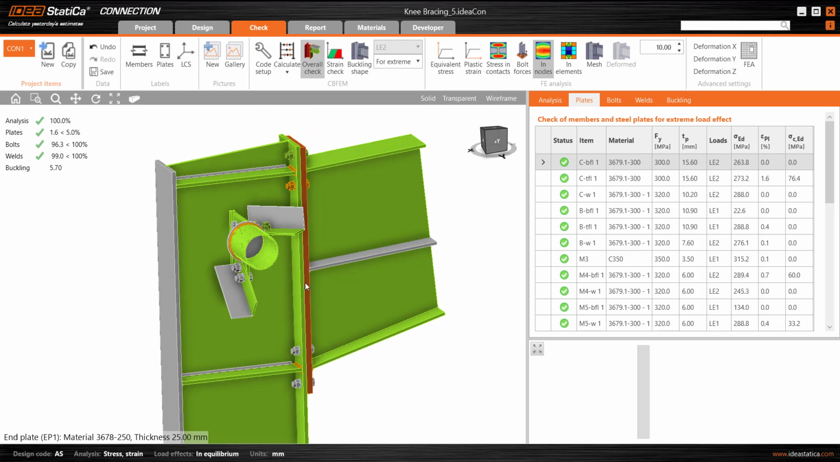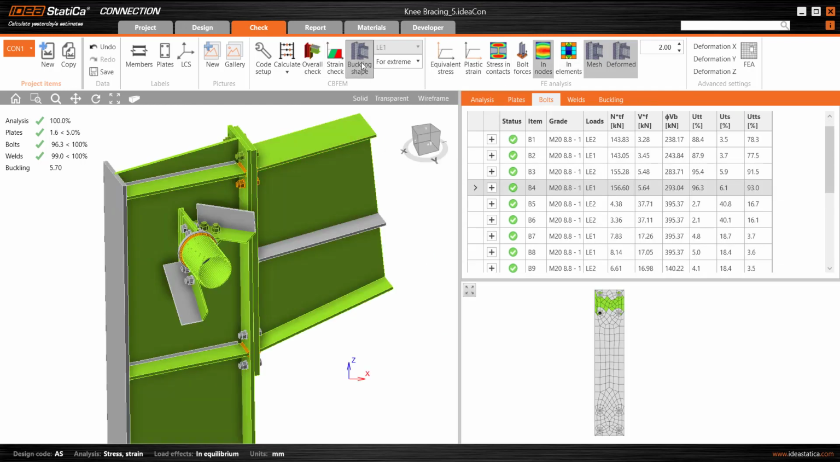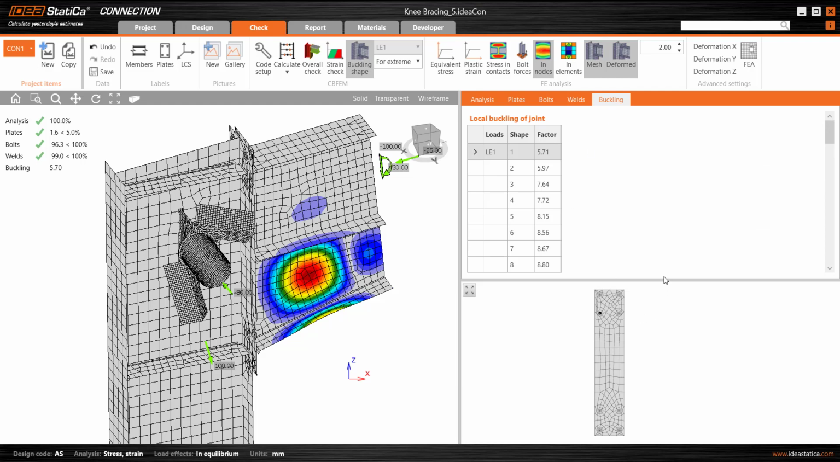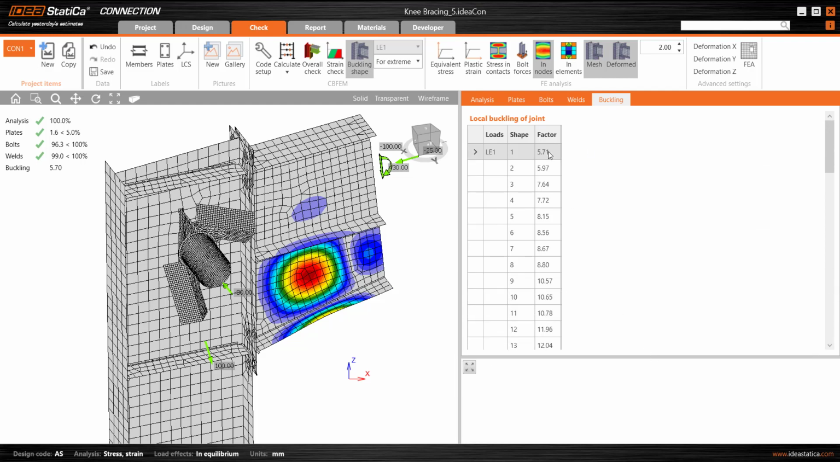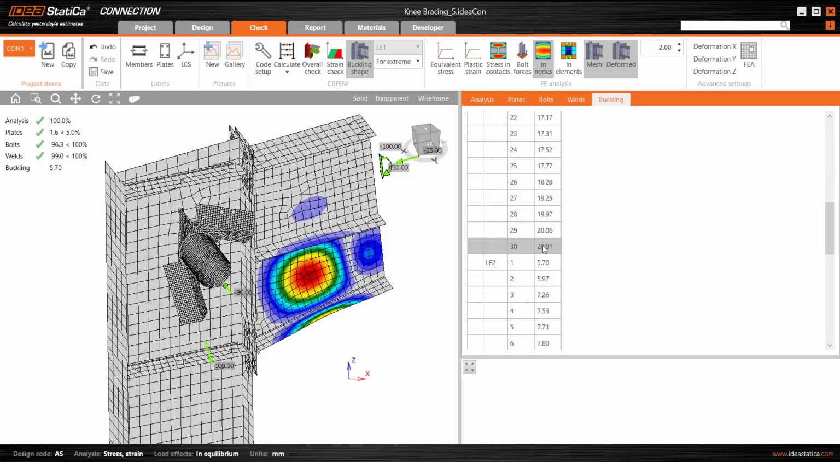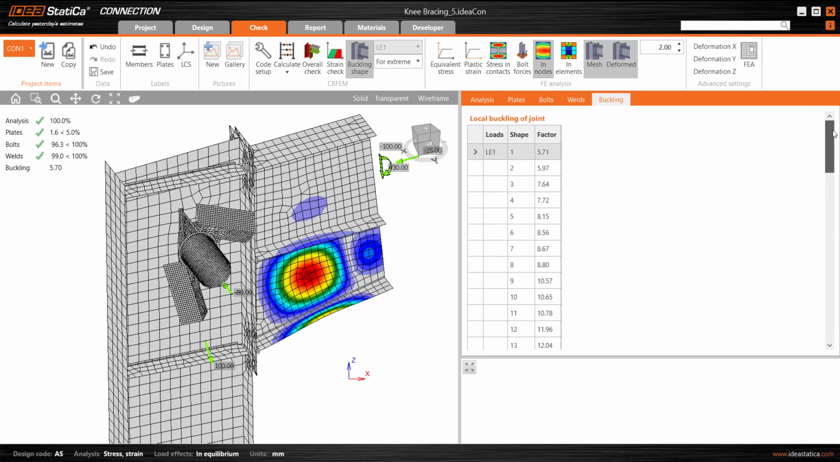Okay, so there we are. We see everything passes and we have a minimum buckling load factor of 5.7. So let's have a look at the buckling results. We can select buckling shape here and the buckling tab, and we see a range of buckling modes and buckling load factors for each load combination. In this case, I've got 30 buckling modes run for each load combination, and I could select any row